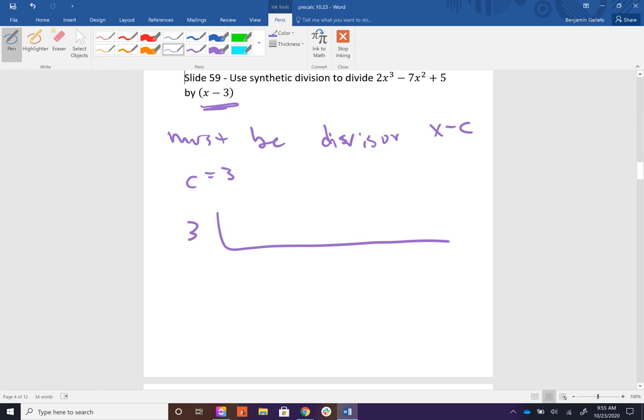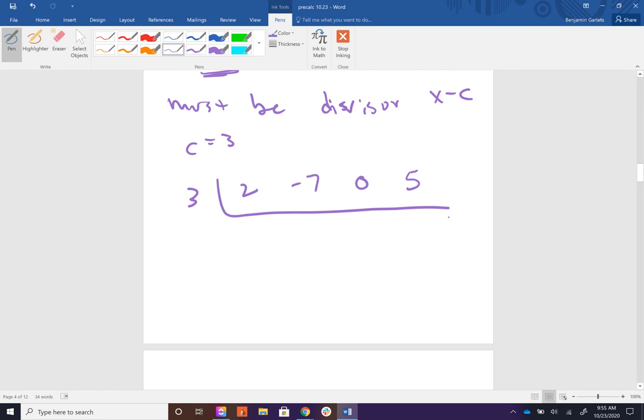The other thing you do is write the coefficients of all of your polynomial terms. So we have a cubic term, we have a second degree term. You'll notice that we don't have an x term, so we'll just call that 0x and write 0. And then we have our constant term. So this is how we set this up. And then the process for going through this is